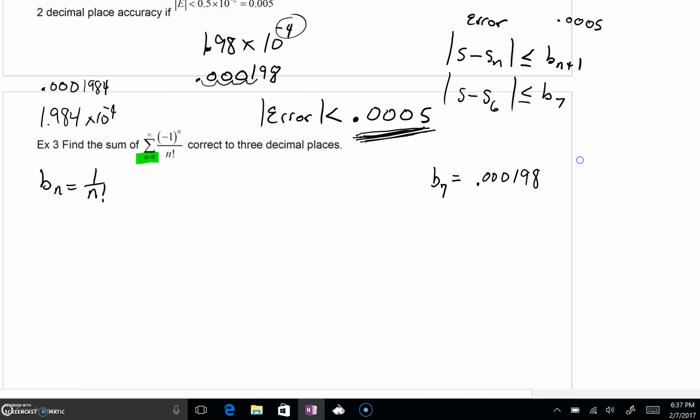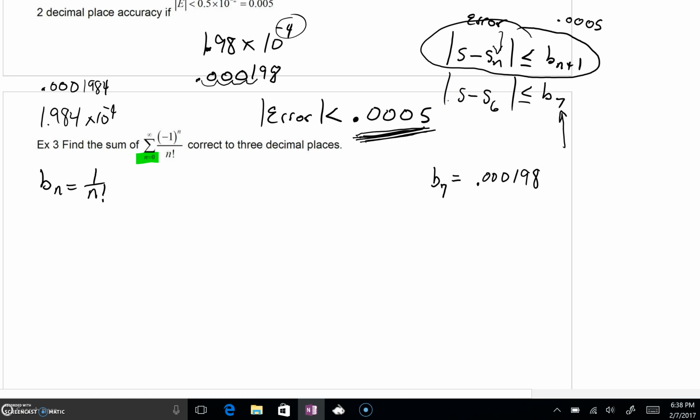Now, what we saw right here at the top of the screen is that the error was always going to be found by going to the next term. If you wanted to find the error in the nth partial sum, you'd look to the n plus 1 term. So if I know that my seventh term is going to give me a value that's smaller than 0.0005,